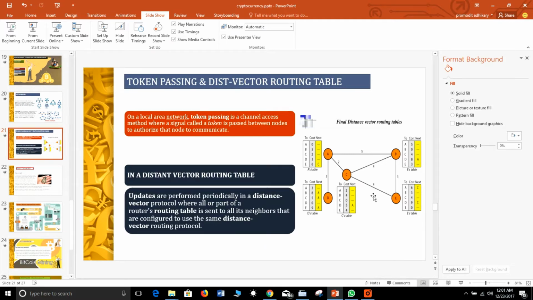Suppose A, B, C, D, E are neighbors. All are small houses in a small colony. Suppose C got a brand new car, a sexy new car. Then what will happen? Immediately its immediate neighbors A, B and E will come to know about it: okay, he got a new car. Immediately A will inform D that C has got a new car. So what is happening is that every node is broadcasting the message, updating every other node about C.